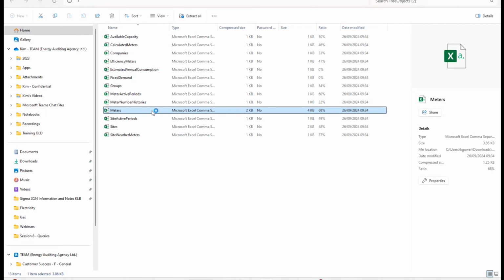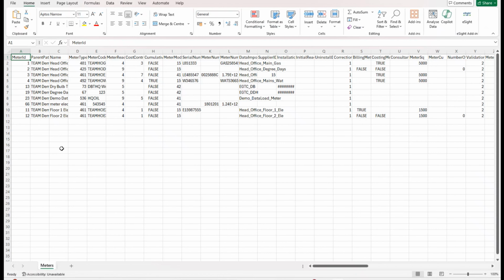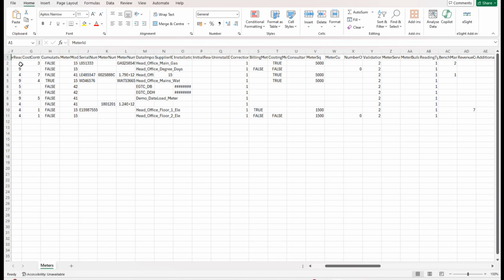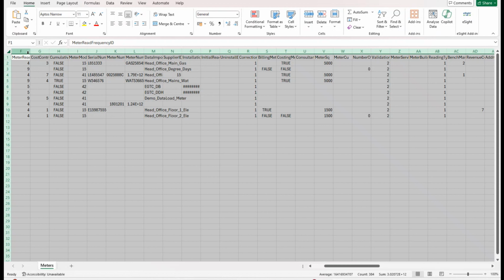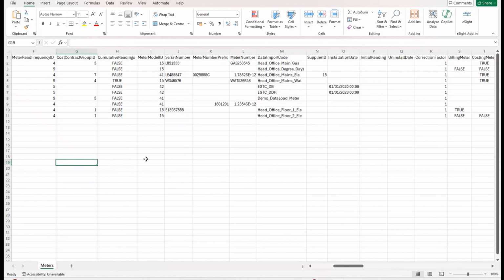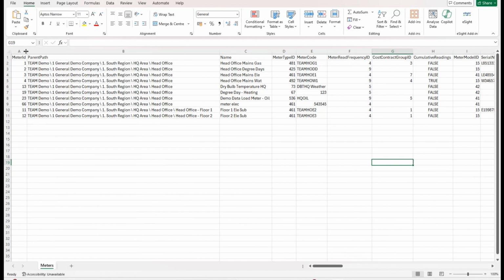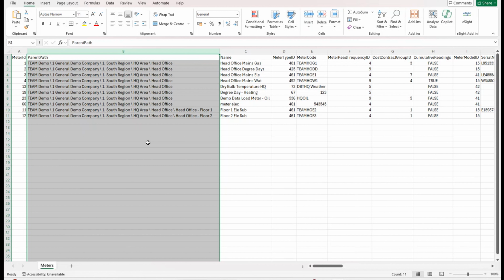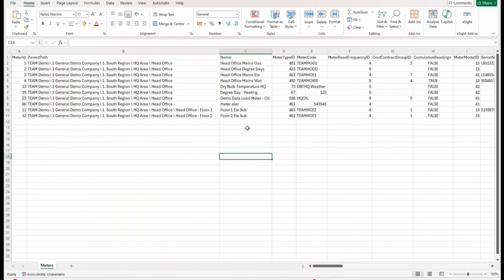We just look at the meters, and then you can see all of the data for the meter. If you wanted to update this file, that can be done. So the meter ID is unique, you wouldn't change that. You could change the path if you were moving your meters from one site to another, if you were renaming them, etc. Once you've done those changes,